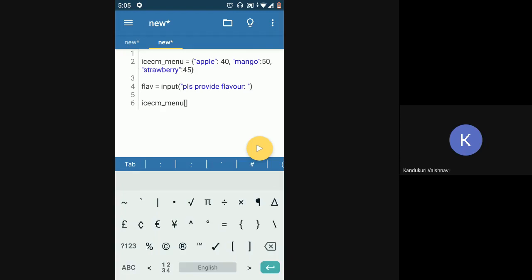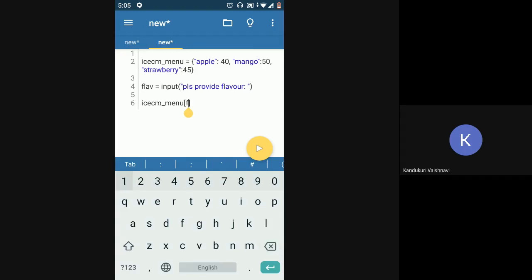In this case there is no meaning of index. You cannot use an index to get any element from the dictionary. You will have to specify the key, and the dictionary will provide you with whatever value is associated with that key. So whatever the flavor is, I'll just say this flavor.